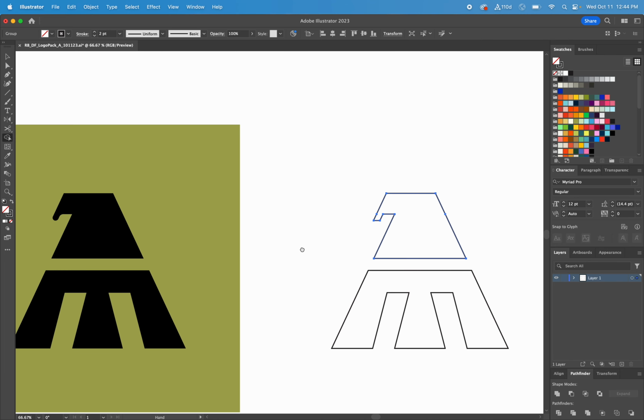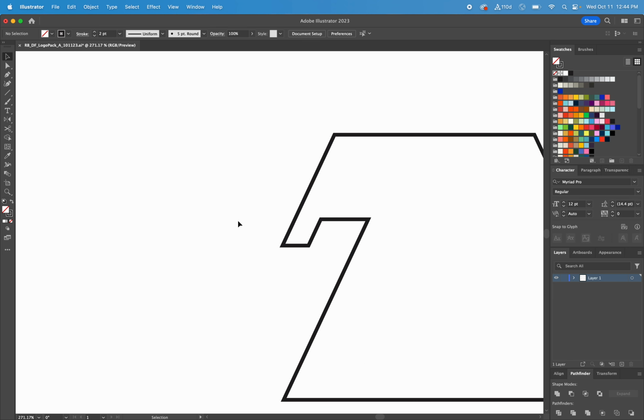Let's look at what we have left. This is still kind of squared right here. We need to round it. So let's zoom back in, and in order to round that, I'm going to get my direct selection tool, and I'm going to individually select some of these anchor points with that and round them out by grabbing these little circles. So clicking on the anchor point, when this little circle comes up, I'm going to click and pull that in,